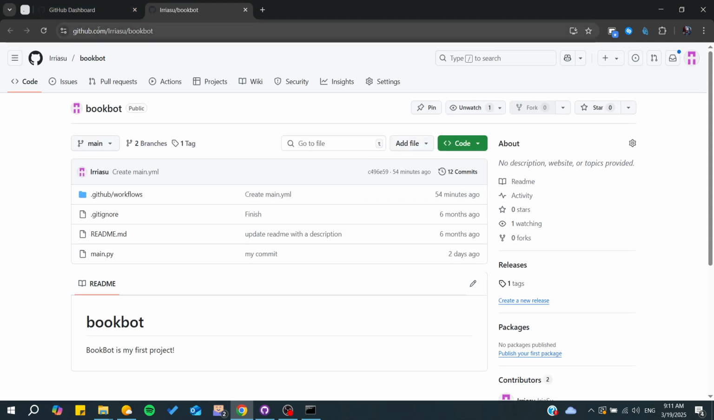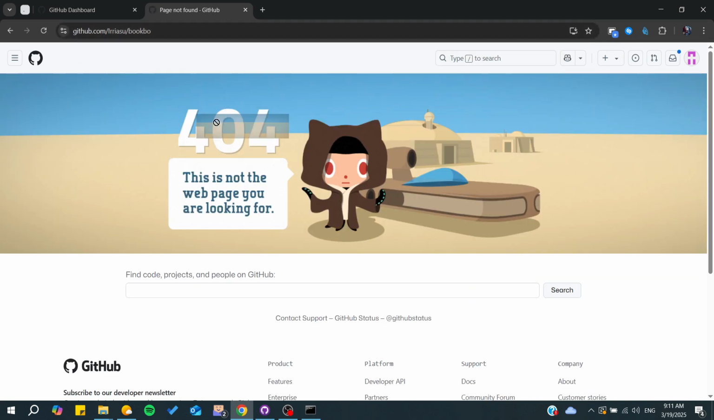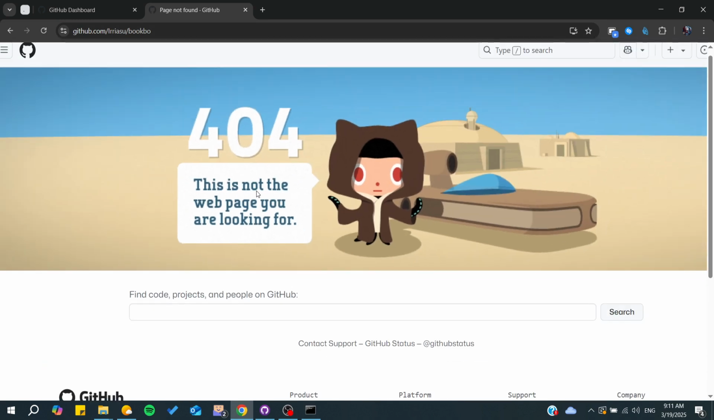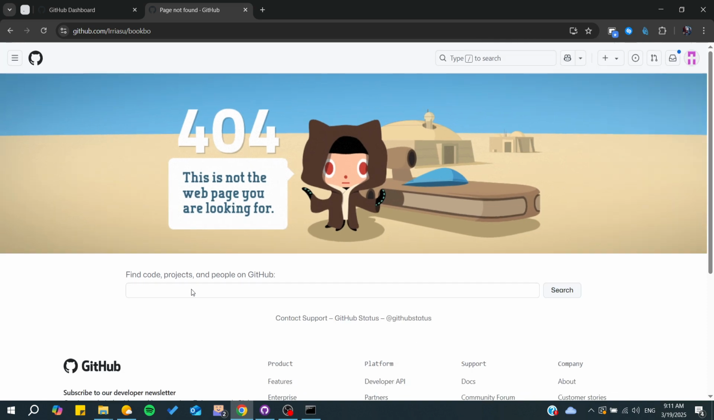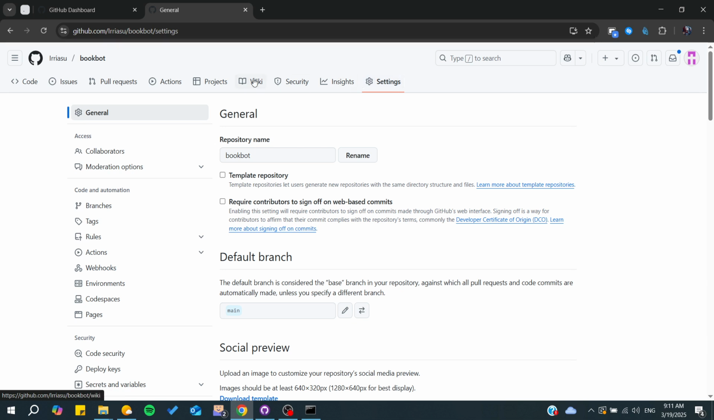So simply here I'm just going to my repository, and from here I will just try to alter my URL, and basically it starts giving me the 404 error. And as you can see, this page is not found or doesn't exist. And basically always make sure that you didn't change anything in the URL,